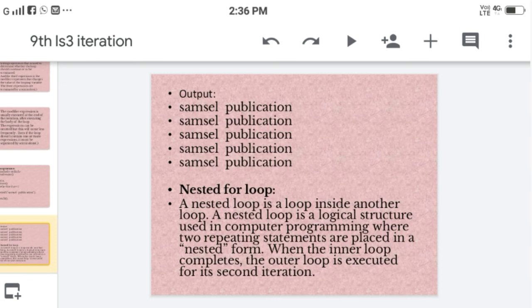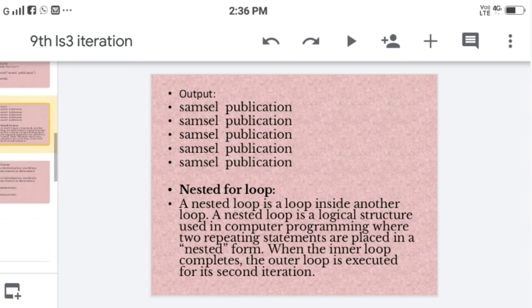Understood? Then another one is the nested for loop. There are two for loops used here. A nested for loop is a loop inside another loop. It is a logical structure in computer programming where two repeated statements are placed in nested form. When the inner loop completes, the outer loop proceeds to its next iteration.